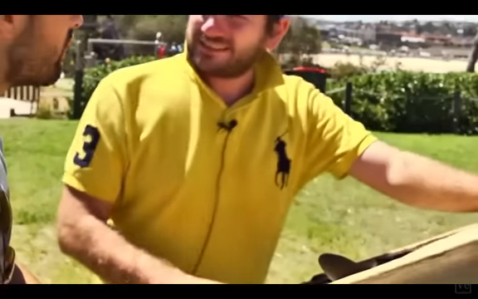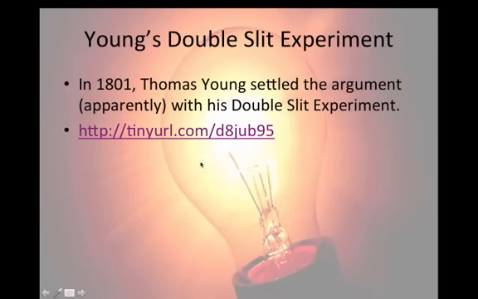People were debating, is light a wave or is it made of particles? So what causes that? Well, if light were behaving as particles, you would expect them to go through each slit and just produce a bright spot underneath. So we would see two bright spots on the bottom of the box. But if light's behaving as waves, then the wave from one slit can interact with the waves from the other slit. So what we see in the double slit experiment is that light clearly behaves much like waves do.